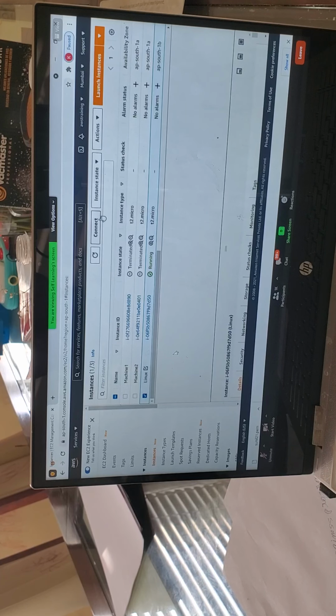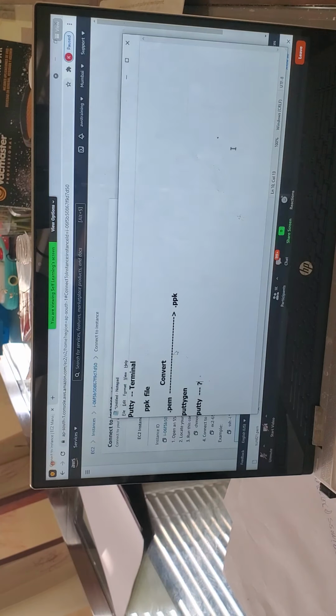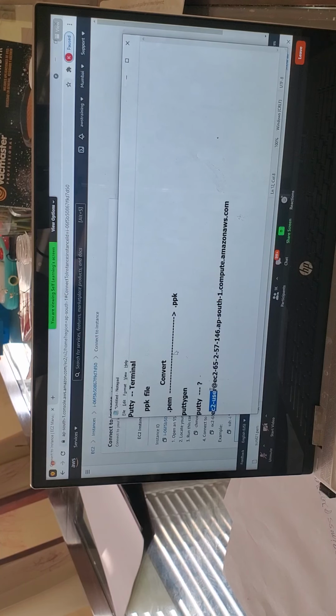If you want to connect to the Linux machine, select the machine, click on connect, go to SSH client. The username@DNS name is what is required. I'm copying it, clearly showing it in the notes file. In PuTTY, this is the username. This is the default username, we don't need to create it. This is the default username @ the DNS name. It is automatically generated, you can pick it up from here. You don't need the complete SSH command, just pick up the username@DNS name.